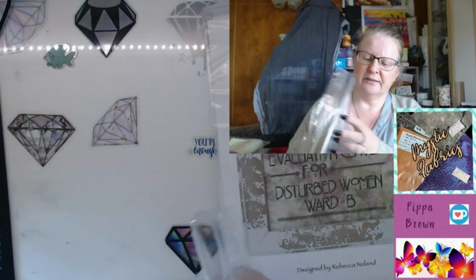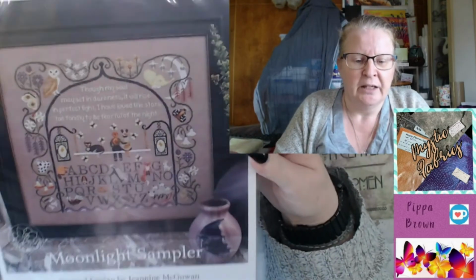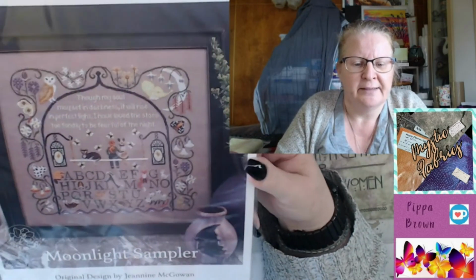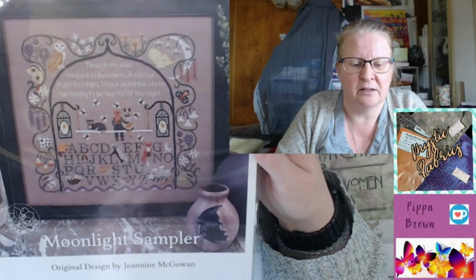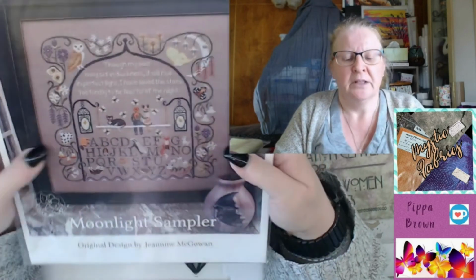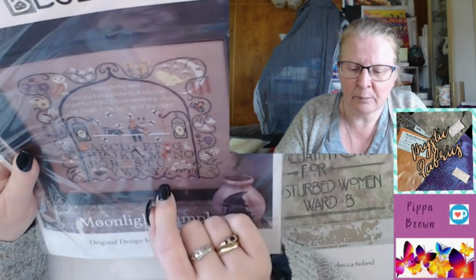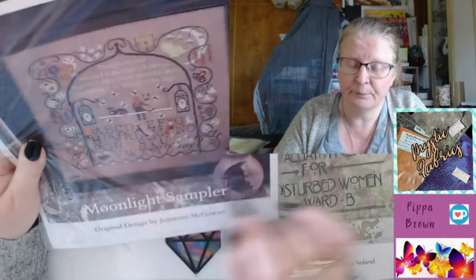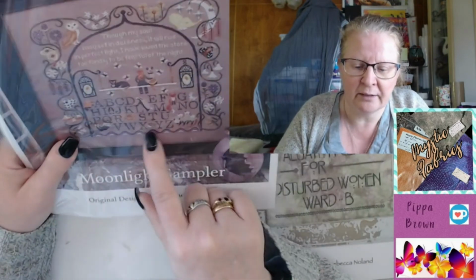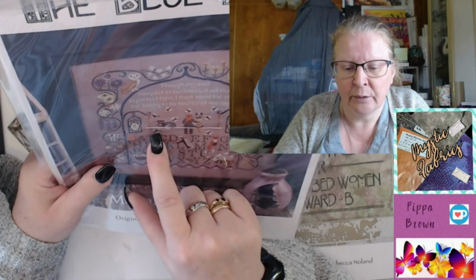And then there is this. Holy cow, this thing's huge. This is by the Blue Flower. And it says, though my soul may set in darkness, it will rise in perfect light. I have loved the stars too fondly to be fearful of the night. And it's got Kitty, and it's got the chick, and it's got the dog sitting there. You've got your letter samplers, you've got your animals. So there's a sloth, there's a badger, there's an opossum, the American one with the babies on the back. There's a hedgehog, there's a beaver. There are glow